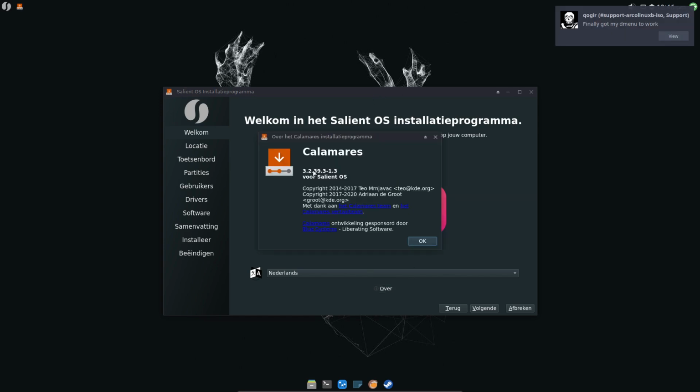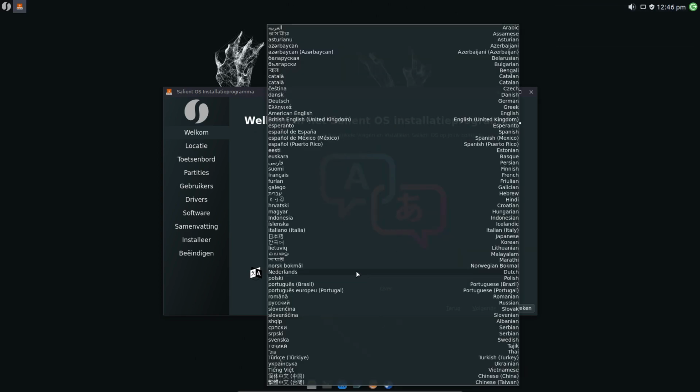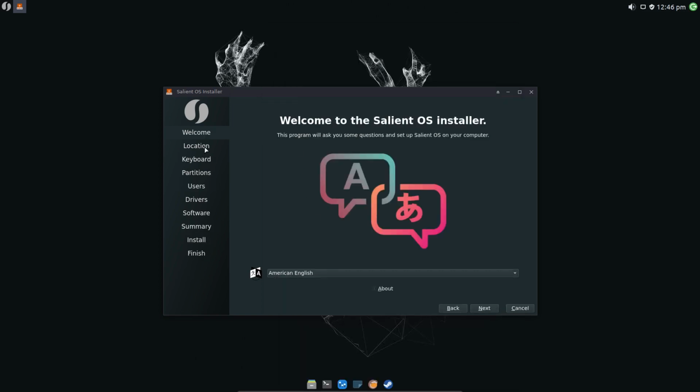And we can have some information available here, so it's the latest version. And we can go for our language, which in my case is American English, and then all the rest of the choices. Things developers and distributions decide to use, systemd, and so on. It's all about decisions.